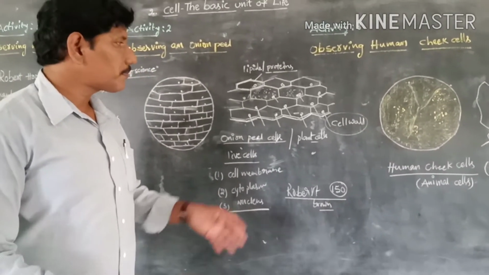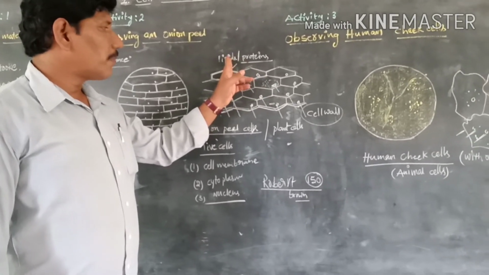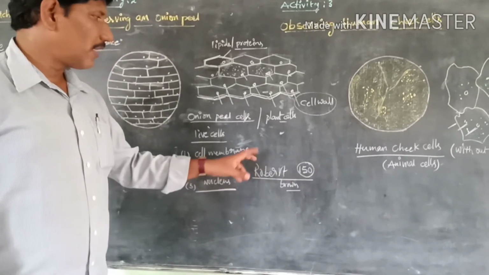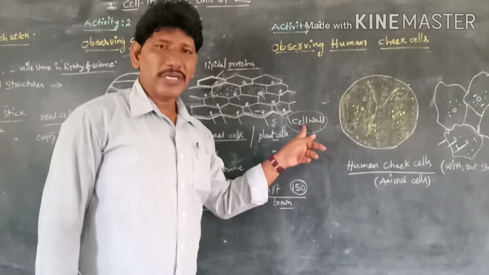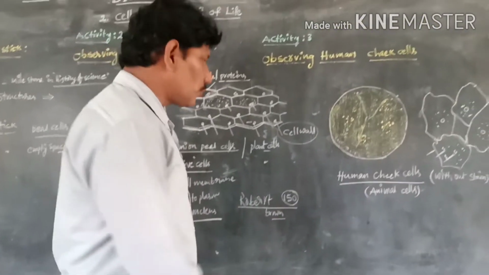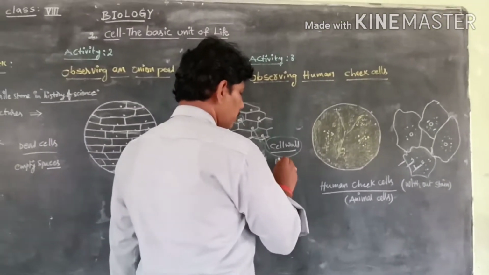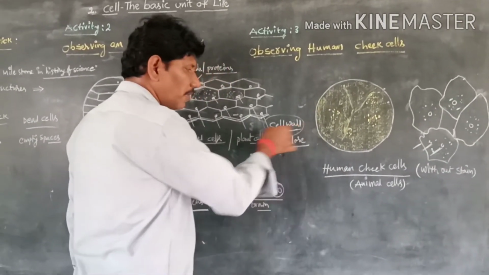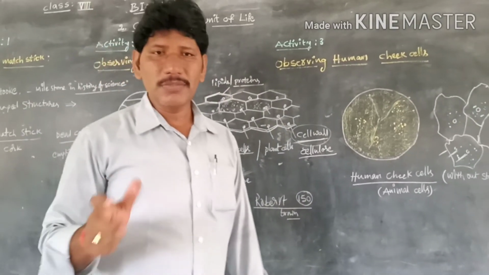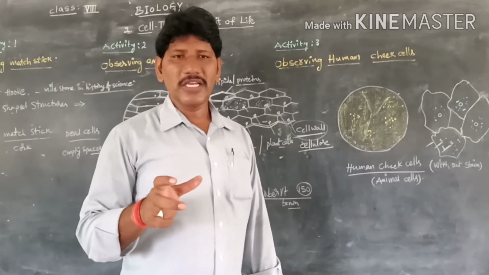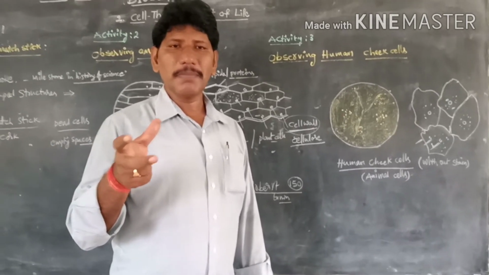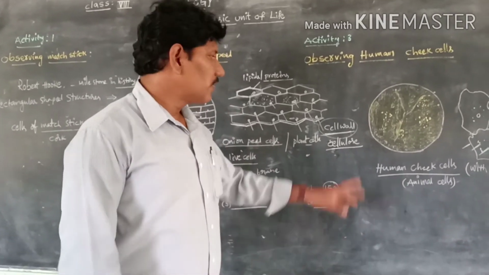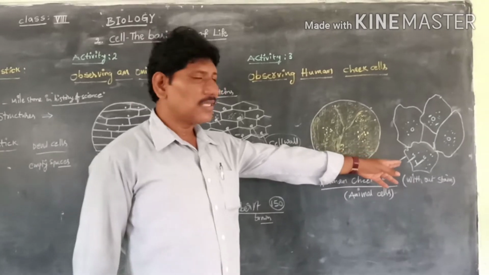Okay. Next one is the cell membrane or plasma membrane, cytoplasm, nucleus. Afterwards we can learn about the cell wall. The cell wall is the outermost layer, which is mainly made up of cellulose. The cell wall is made up of cellulose, which gives flexibility to the cell. When compared to the animal cell, the plant cells are harder and stiffer because of this additional layer. The cell wall is present in plant cells, whereas in the animal cell the cell wall is absent.